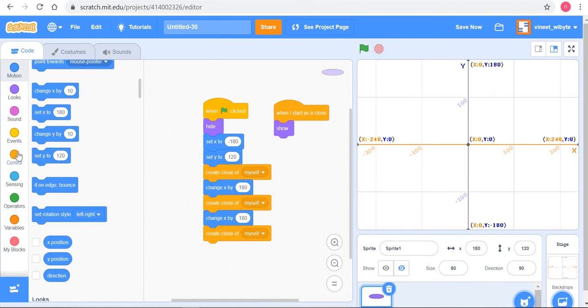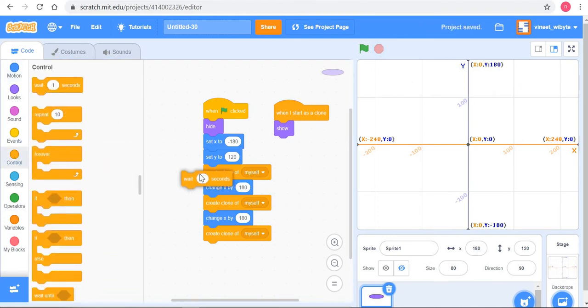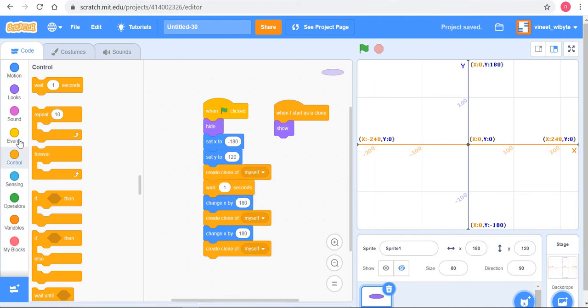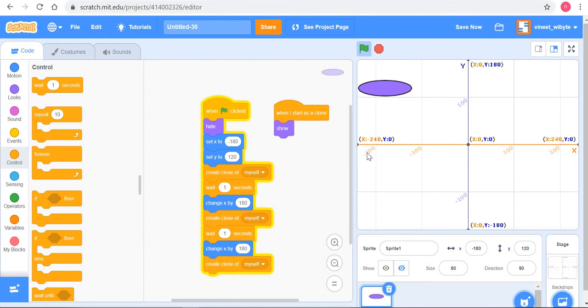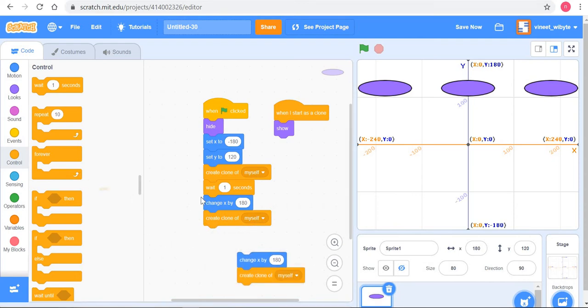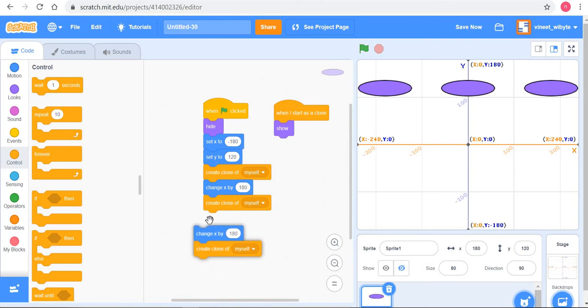Let's say we put a small wait in between all of this, right? So I will create one clone here. What is happening is I created this clone, I changed x, I created that clone, I created that clone, right? So I can remove the wait for now because the wait is just to illustrate. But by doing this part of the code, I have been able to create three clones in a single row, right?